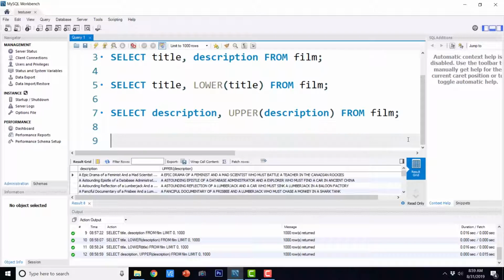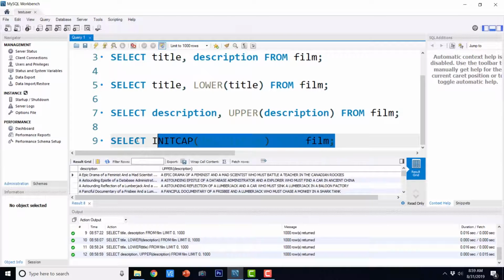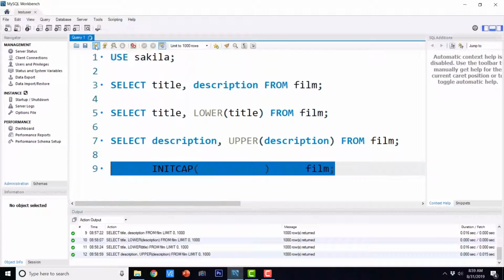In Oracle SQL, there is a function known as initcap. Let us see if that function is there in MySQL. I'm just going to copy this and paste it and see if this function is there.